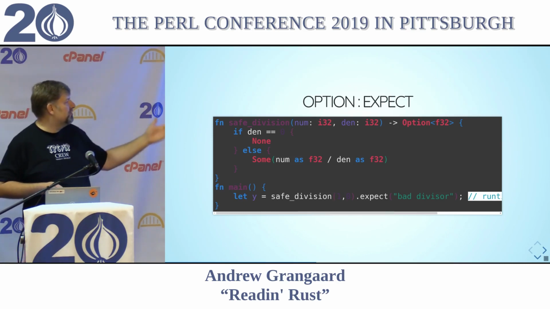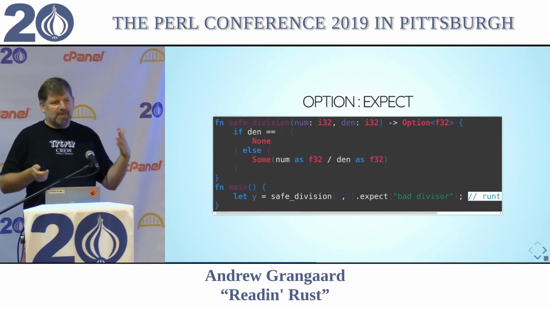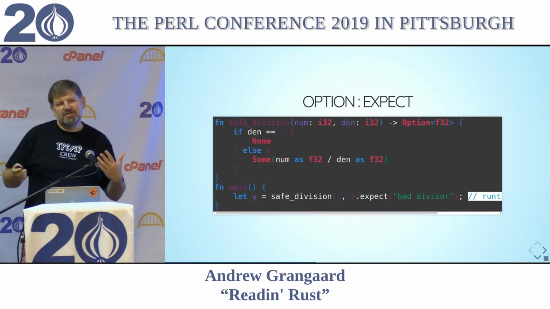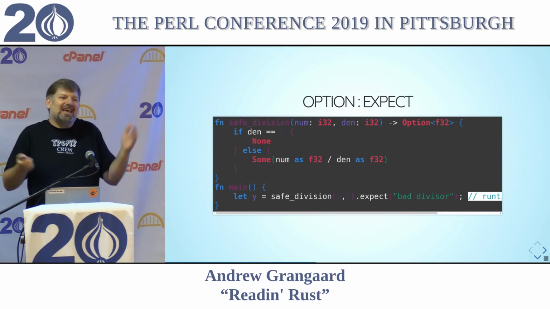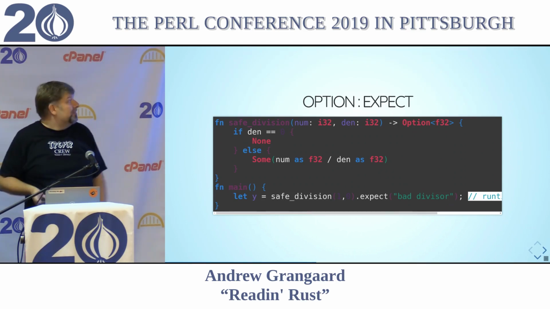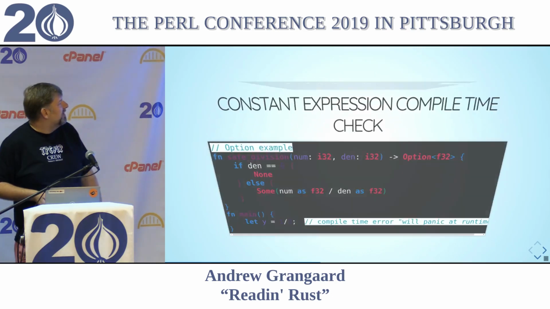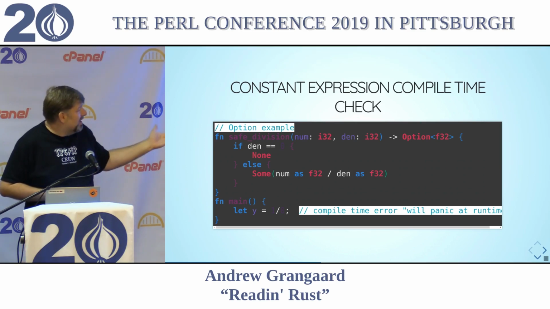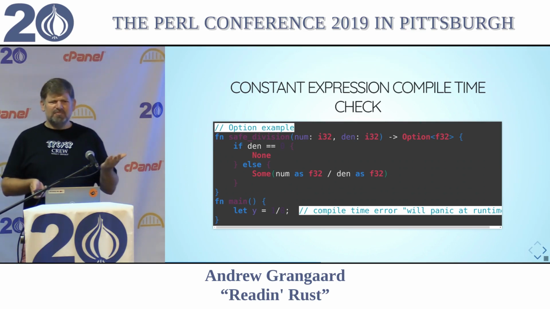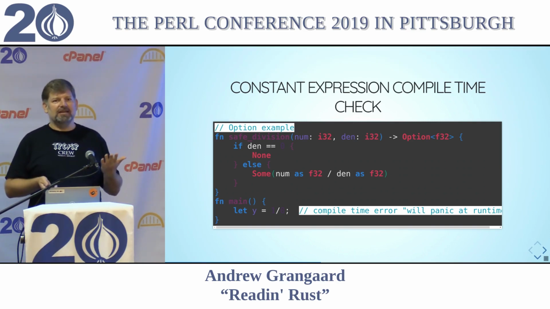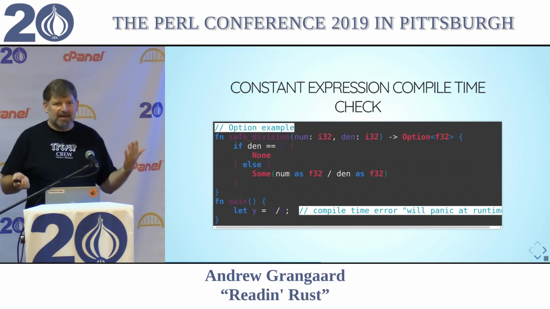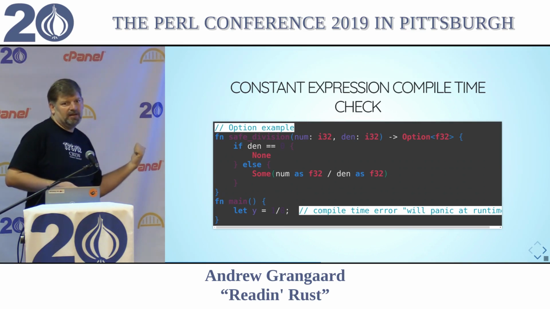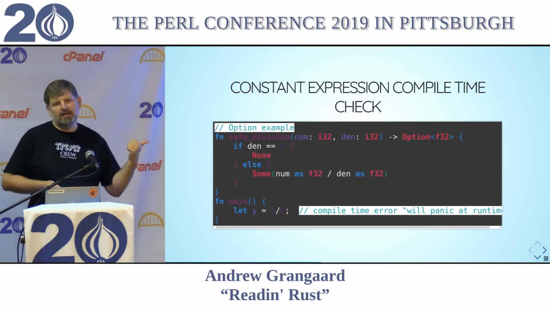And there's a similar one to unwrap, which is expect, where you give it a string so it panics with a custom message and says, hey, you divided by 0, I don't know what to do. And you crash and let the user figure it out. Whereas I found this out while I was writing slides, if you just wrote 1 over 0, I was like, maybe division already does this, right? I didn't want to look up the type, and I'm like, oh, right, it doesn't do that because it just gives me back an int. So what happens when you give it a 0? It panics. Although if it's a compile time panic, it will actually catch it at compile time and say, this code would panic. I won't let you compile it.